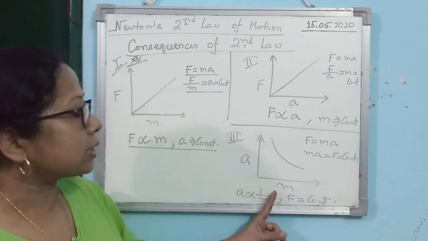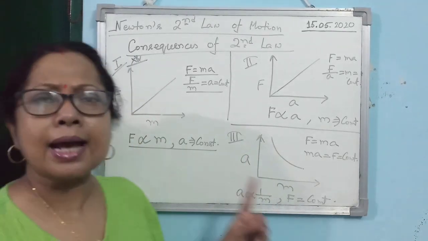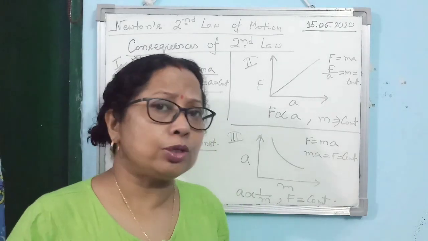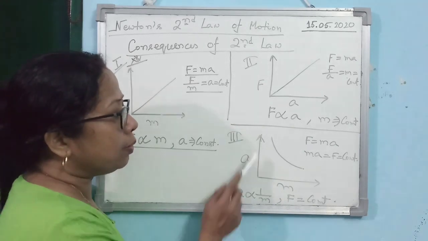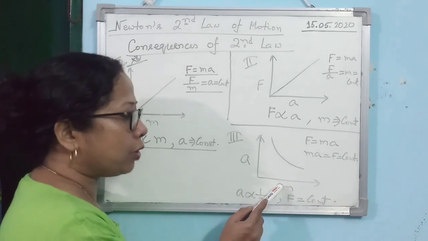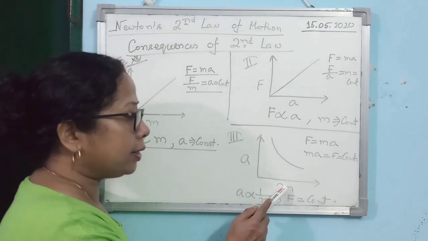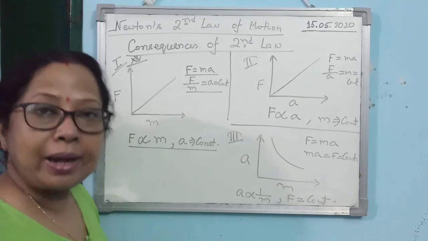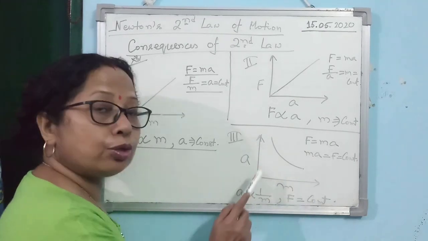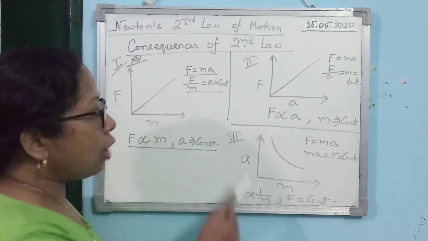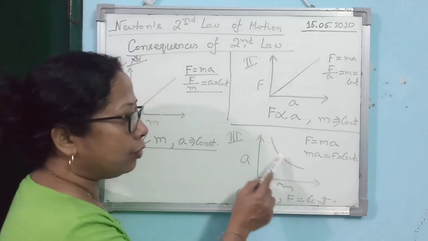Alright. So in this case, if you plot acceleration versus mass graph, here I just want to remind you one thing. When you draw this graph, then acceleration should be plotted along the y-axis, mass should be plotted along the x-axis. Alright, because mass is the independent quantity, acceleration is the dependent quantity. So acceleration should be along the y-axis and mass should be along the x-axis. Okay. Now if you plot it, what kind of graph will you get? You will get a curve like this.